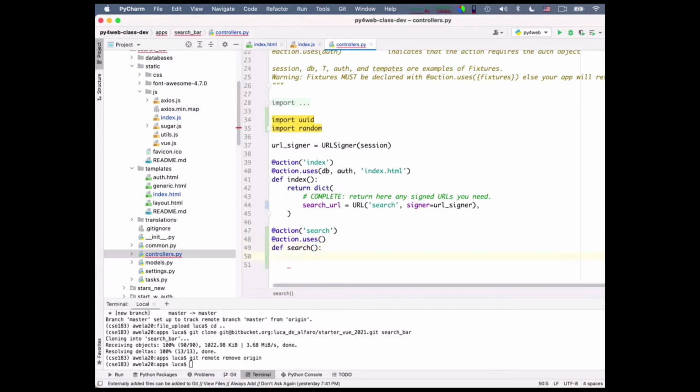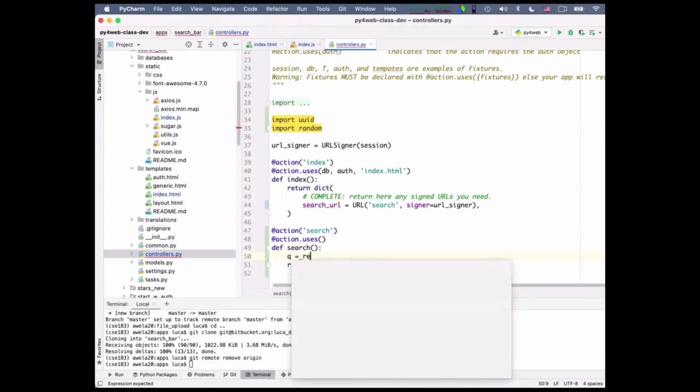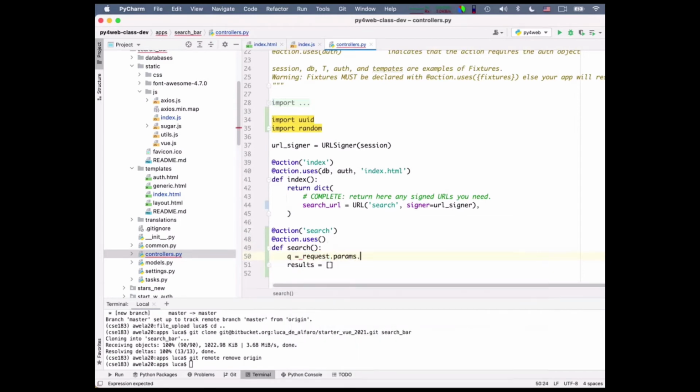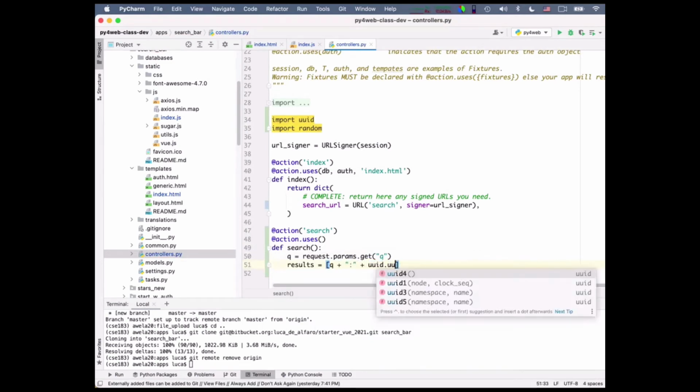Okay, and I want to do these results. I want to fake it, right? So results is equal to a list that contains, well, let me extract the query parameter. Q is equal to request params get Q. So this is a query string, right? And the results are going to be Q plus a colon, for example, plus uuid.uuid, I don't know, 0 I wanted, I guess, but it doesn't give me.